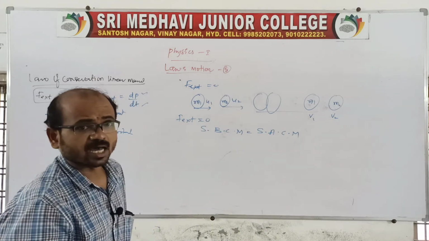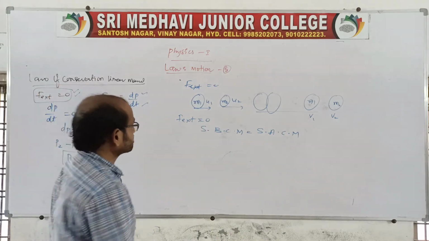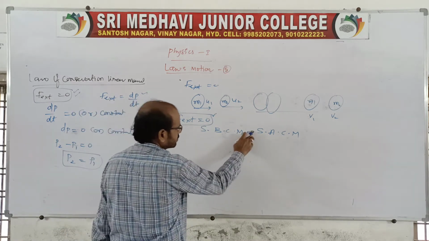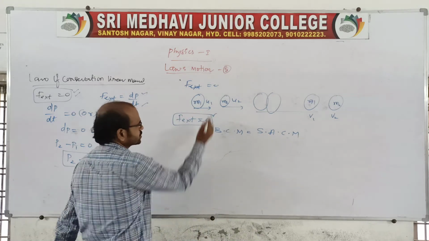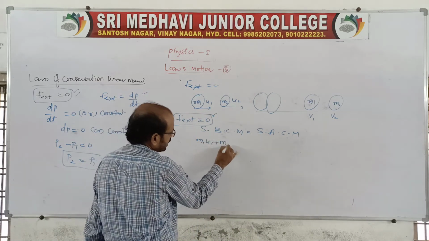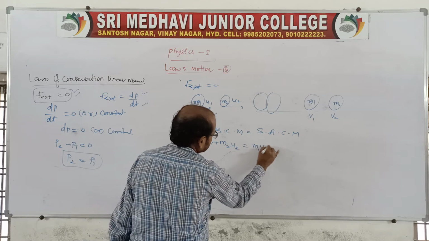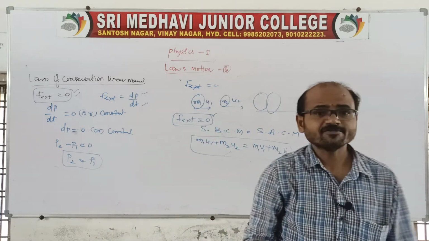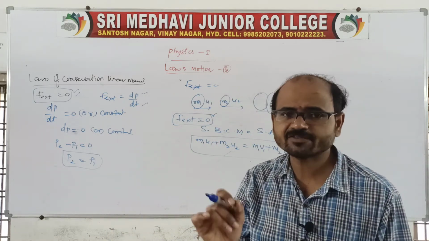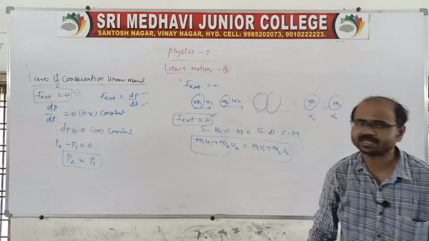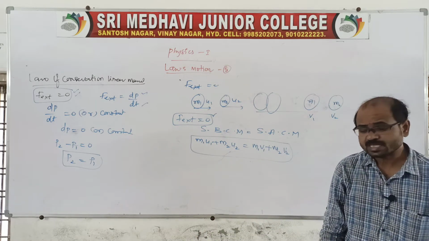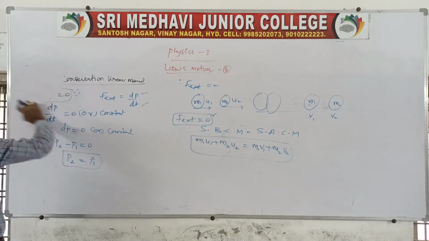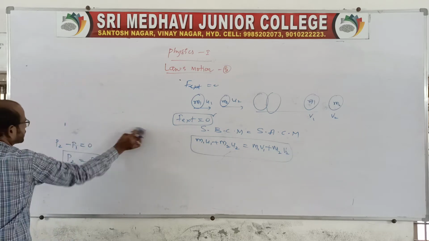See, according to the law of conservation of linear momentum, in the absence of external force, that is, external force is 0, the sum of the before collision momentum is equal to the sum of the after collision momentum. That is, the sum of the momentum m1 u1 plus m2 u2 is equal to m1 v1 plus m2 v2. It is related to the law of conservation of linear momentum. On the basis of this law, during the collision we can take it like this. I'll tell you some example problems related to Newton's second law.